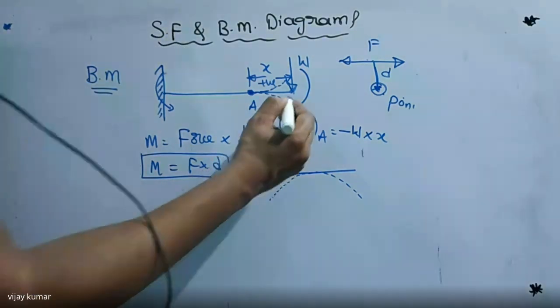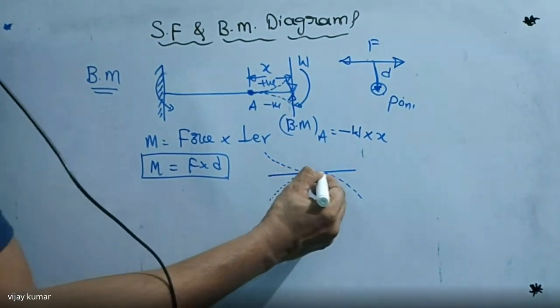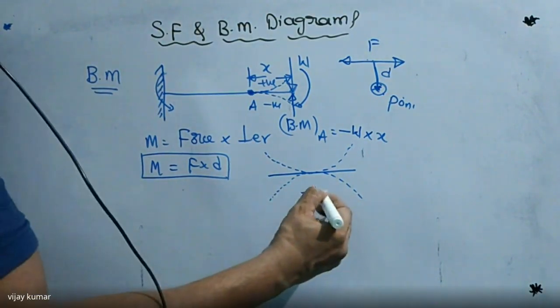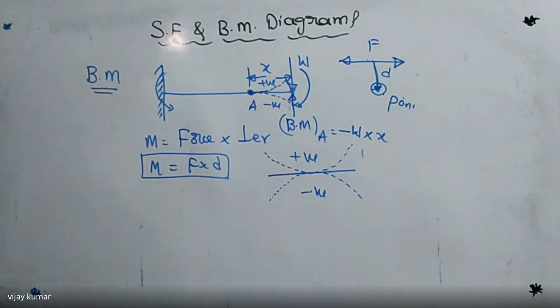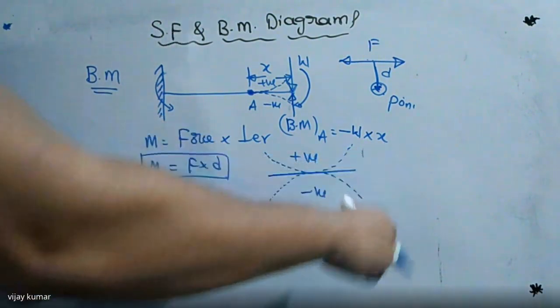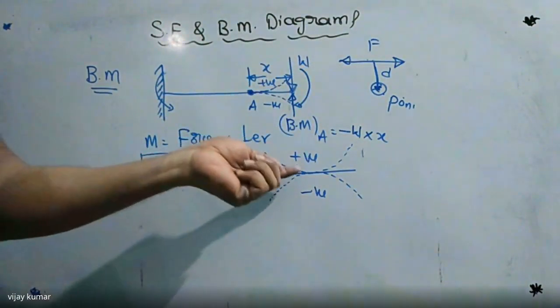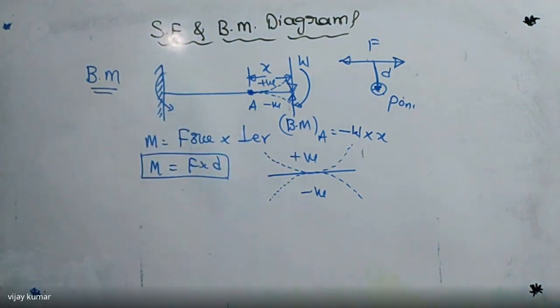And again, if this force is moving in upward direction, this beam is bending in this direction. Did you get my point? So this one is negative and this one is positive. Right? So this one is nothing but hogging, this one is nothing but sagging. So these are the two values. These are the sign conventions of bending moment, depending on the direction of force.